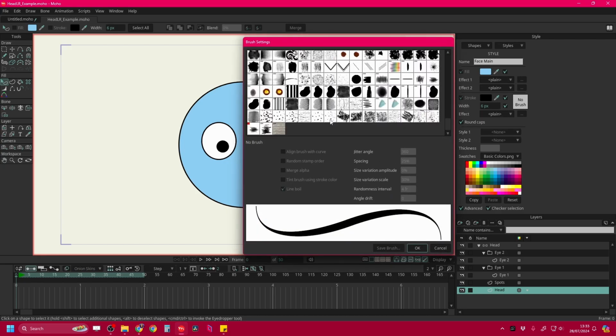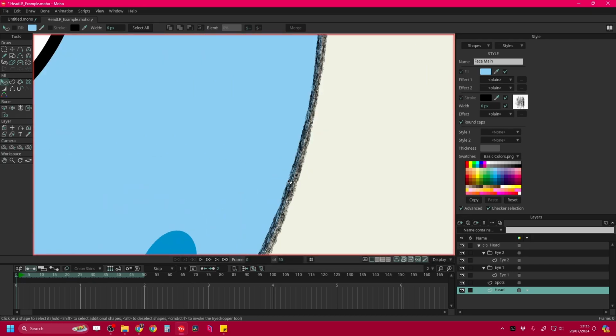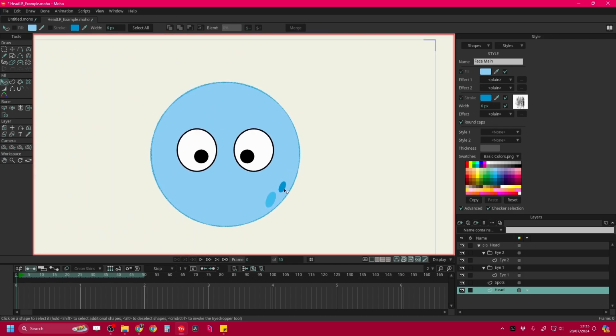So what was that scratchy brush I had? Where is it? I love this one. Add line boil. Set that to 2s, click OK. Now it has the line. I kind of want to change the color of this to be a bit more moon-like. Okay, nice. And then maybe I actually want to make it a bit more visible. So instead of it being